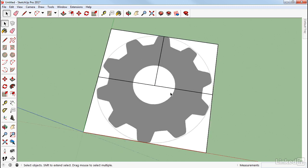Now, the first thing I need to do is draw a polygon that roughly is the same size as this circle. Now, before we draw the polygon, we need to know how many sprockets we are going to need. So in this case, I already counted around the edge, we have 10 sprockets. So the polygon we draw needs to be multiples of 10, so 10, 20, 30, and so on. So I'm going to make a 20 unit polygon. So I'm going to select that polygon, type in the number 20, hit enter,